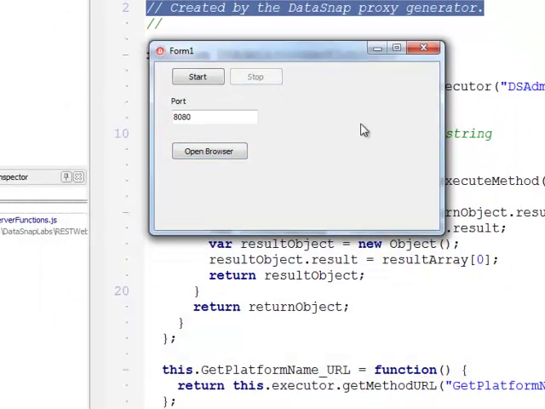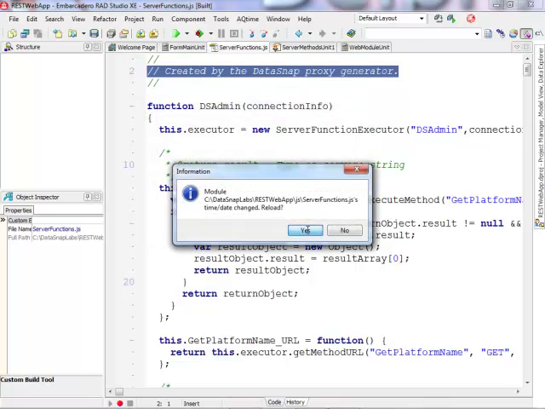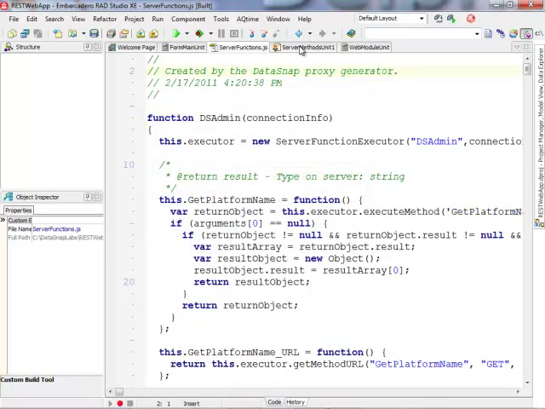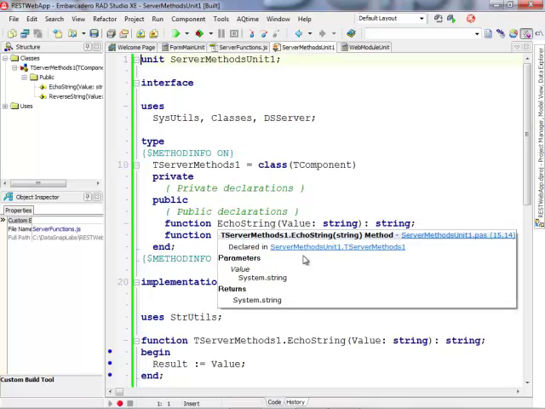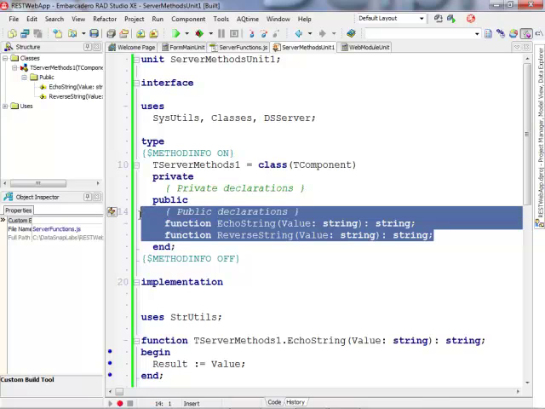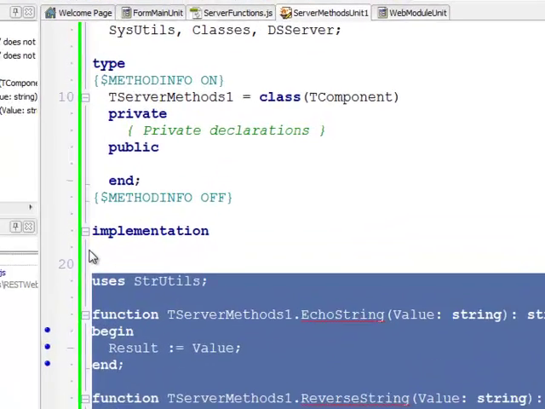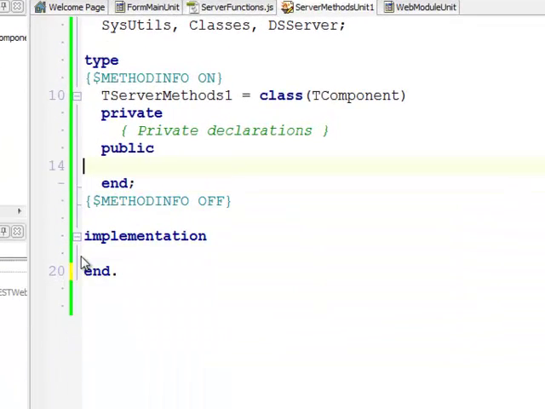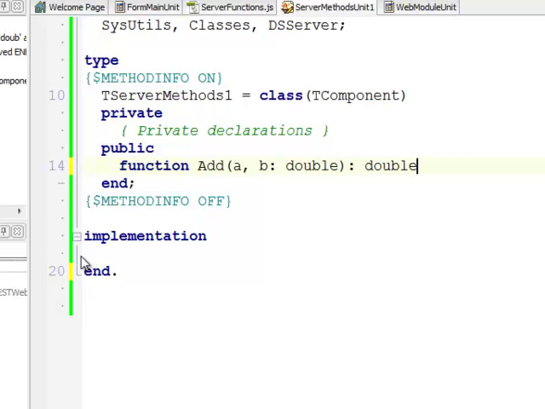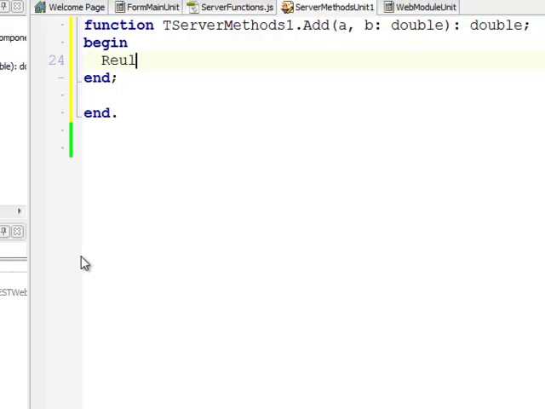I'm going to stop my web application, and I'm going to go to my server methods unit, and I'm going to replace the default implementation with something else. So first I'm going to remove everything here, and I'm going to define something different. For example, I'm going to add a plain add method that we have been using on a simple calculator service. So I'm going to define function add that takes two doubles and returns a double. Okay, so if I now